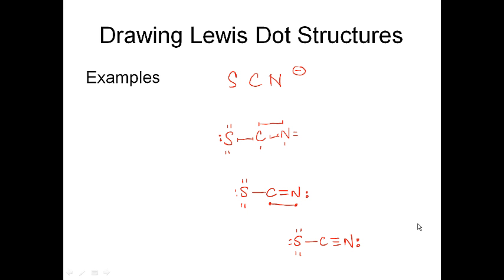Now, what about SCN minus? I know that if I have SCN minus, I'm going to have the atoms add up to a total charge of -1. The formal charges are going to have to add up to that. So the question is, does one atom just have a -1 charge, or is there a combination? So if you want, take a minute, shut the tape off, see if you can calculate the formal charges for